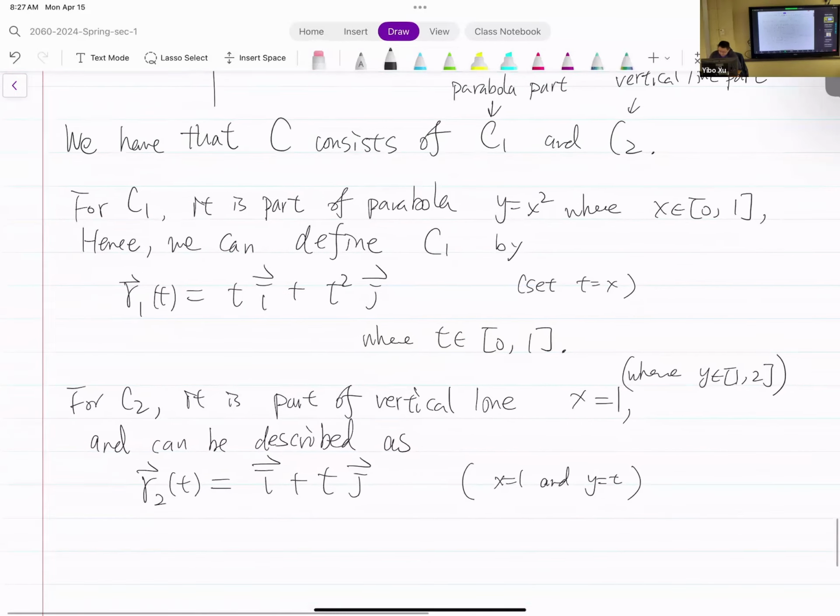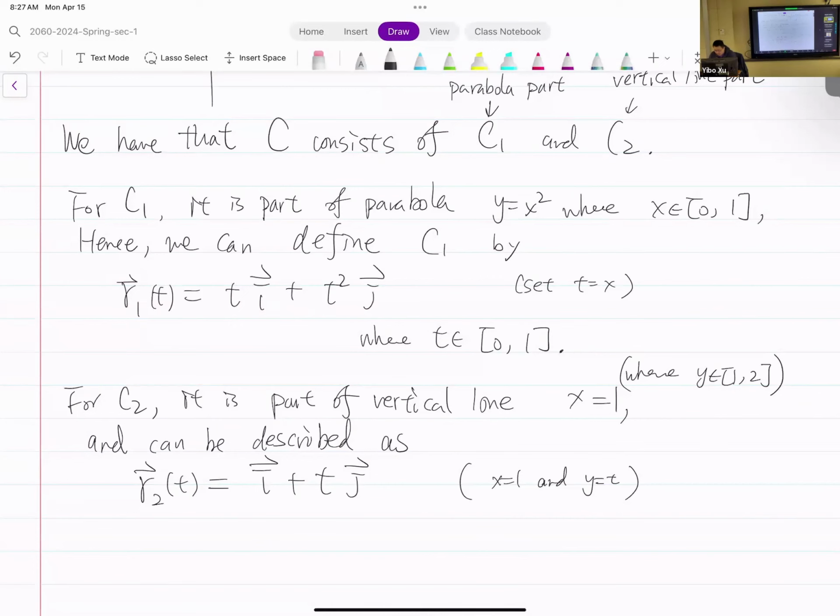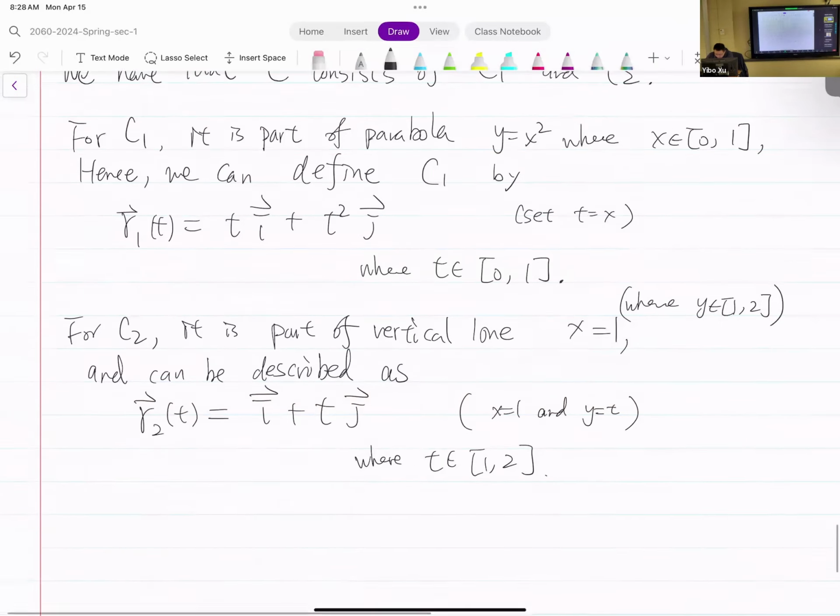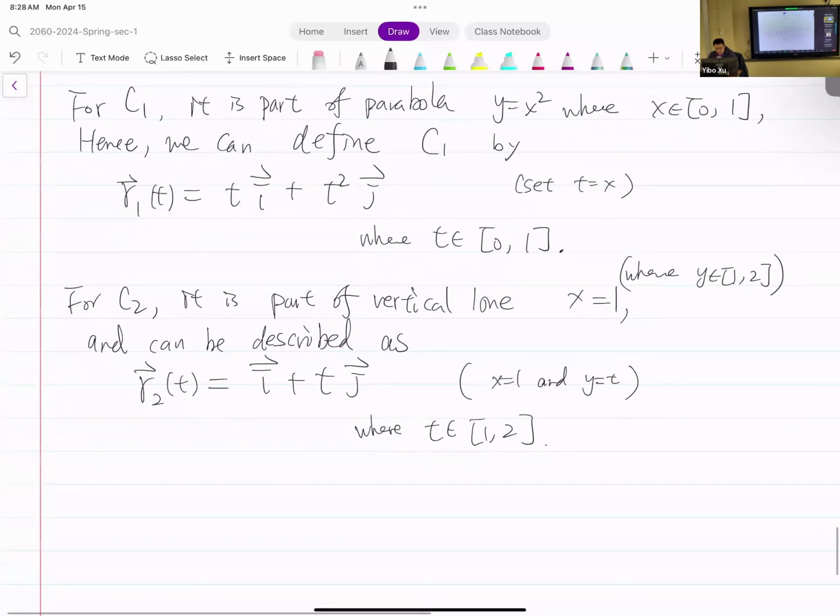Okay. So now, since y is from 1 to 2, then t here is also from 1 to 2. T goes from 1 to 2. So now we have the specific vector functions defining each piece, C1 and C2, and then we can write the line integral specifically, according to the definition here. Hence,